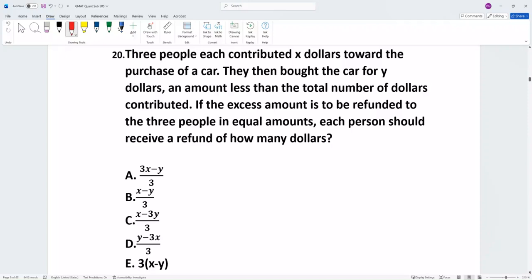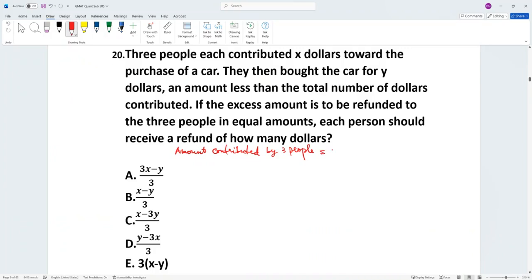If the excess amount is to be refunded to the 3 people in equal amounts, each person should receive a refund of how many dollars? Let's put some values here. So let's say the amount contributed by 3 people